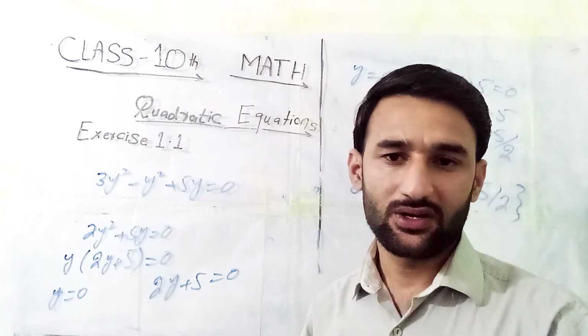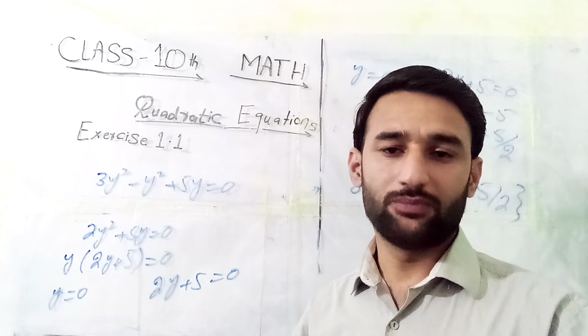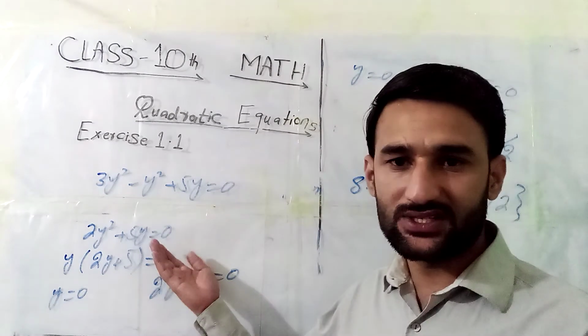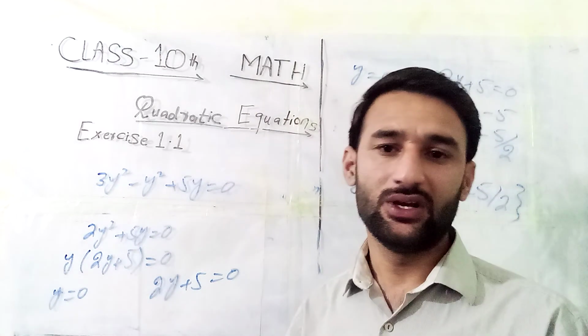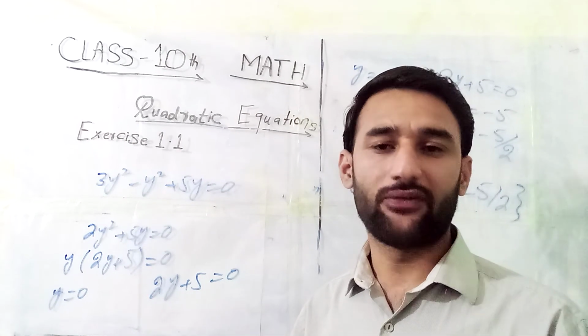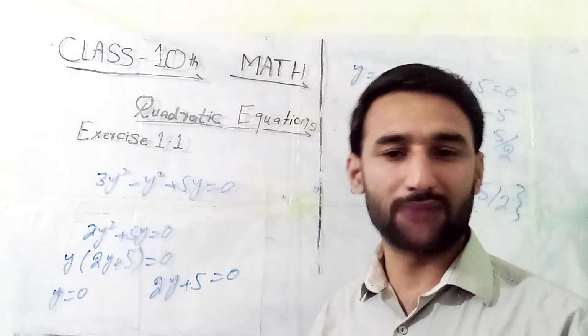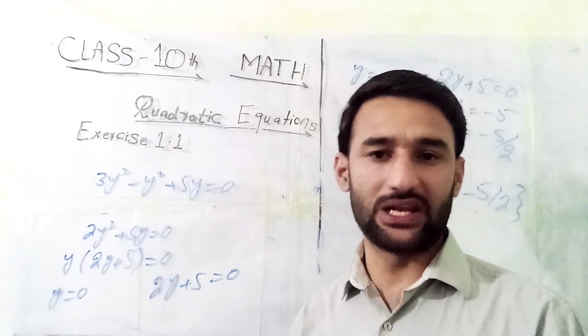So this is the criteria by which you can find the solution by the factorization method. In question 1, we saw how we can manage the equation in standard form. In question 2, we have noticed how you can find the solution of any quadratic equation by the factorization method. This is exercise 1.1 of class 10 mathematics. Here I'm going to start my lecture.